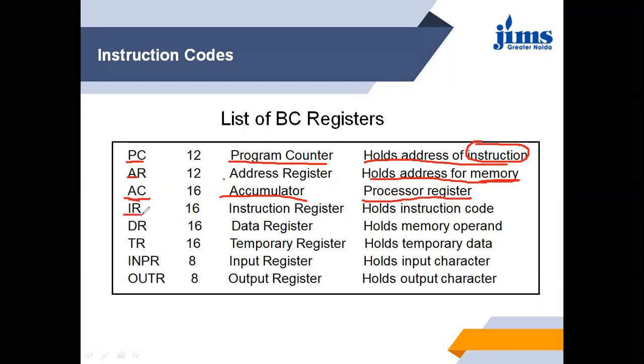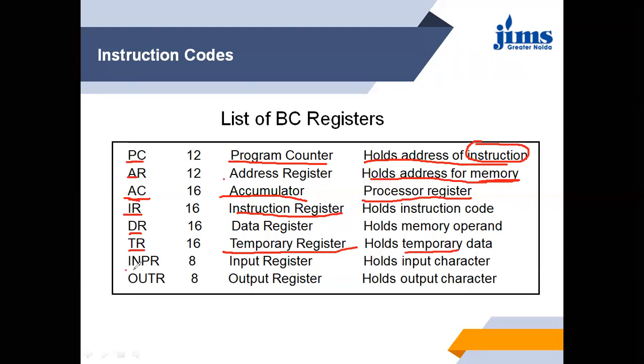This is IR, the instruction register. It holds the instructions and tells what has to be done next. This is the data register that holds the data of the operand. This is the temporary register. Sometimes the data is too much and it is very difficult to handle, so at that time the data can be put in the temporary register, which holds the data temporarily.